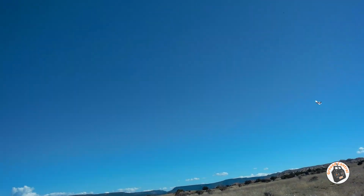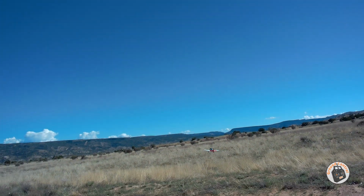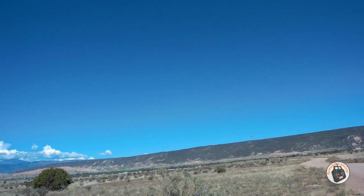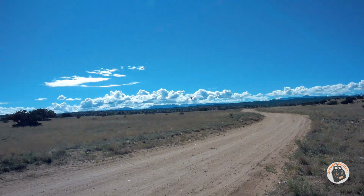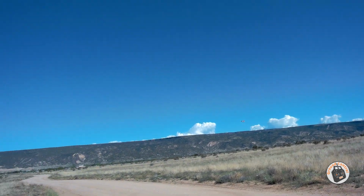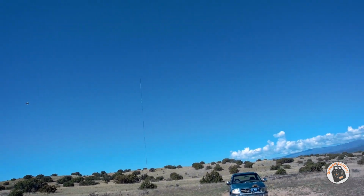That was a little low to the ground and a little close to the scrub. Oh, she's a beauty. What a beauty. That is awesome, guys. Look at that. That is so smooth in fully stabilized mode. It's smooth, it's stable, it's predictable,